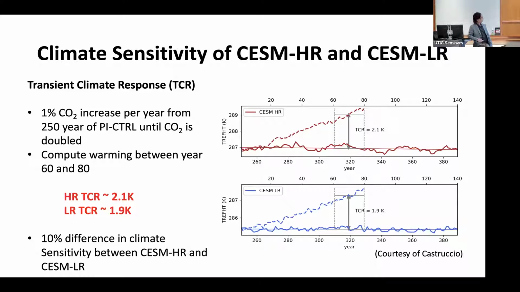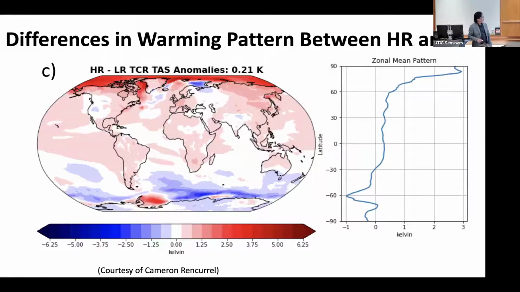Which is unexpected to some extent, right? So initially we were kind of disappointed, saying that we spent so much time running the model, and the results seem to be similar to the low resolution model. So we decided to take a close look, and then you can look at the regional climate sensitivity, right? Instead of looking at a global average, we can look there. Then we see some huge differences. So here's a map of the difference between the high resolution model and low resolution model in near surface air temperature response to the CO2 increase, right? So this is the difference.